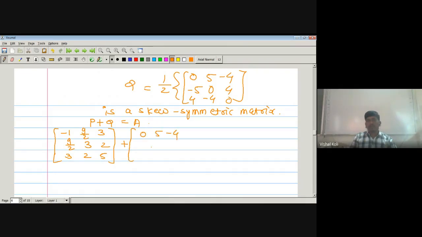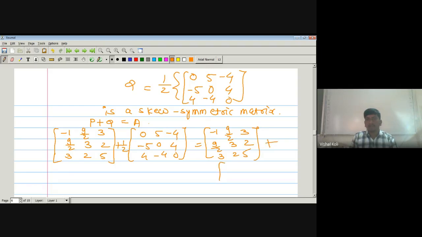0 5 minus 4 minus 5 0 4 4 minus 4 0, and into it here it will be 1 by 2 plus 1 by 2 into, okay, that is, we can write this matrix as, so this will be equal to minus 1 9 by 2 3 9 by 2 3 2 3 2 5